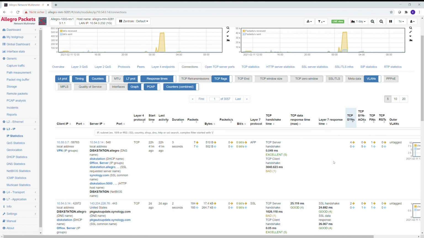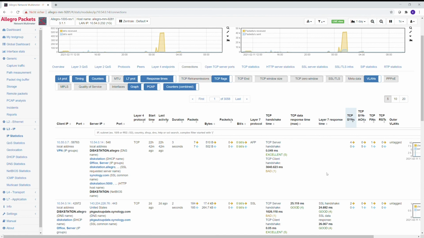Was there a problem in the handshake? Was there a problem in the connection setup? Or in the connection end? And also this helps to see, oh, was it a connection only with TCP SYNs? What happened on that connection? So here I could easily see we had 7 packets per direction. 5 were SYNACK, 1 was FIN, there's not much more packets. And that helps immediately to see, okay, this connection seems not to be in a good state when it happened.